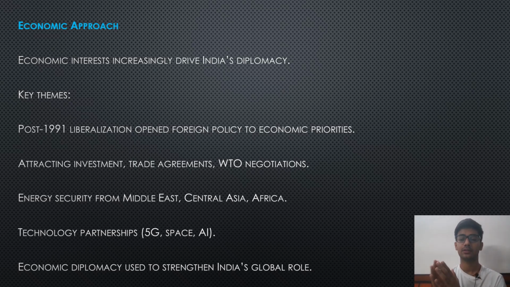Economy has always been important, but in the globalized world, it is even more important. And for India, after 1991, it's become very important. After 1991, if you see, India opened up its economy for the world. We did the LPG reforms, liberalization, privatization, globalization. And it became very important for India to attract investments, do trade agreements, negotiate with nations for better trade deals. India's energy needs also increased, so India's energy security became even more important. So it became important for us to have very good, very healthy relations with US, Europe for investments, Japan for investments, with Middle East, Central Asia for energy needs and resources.